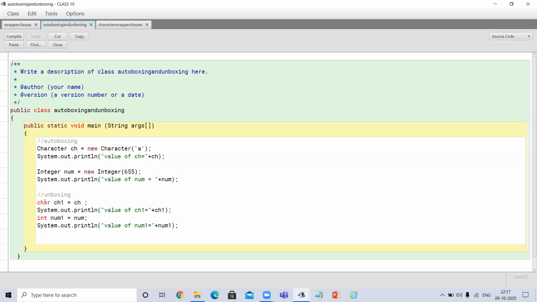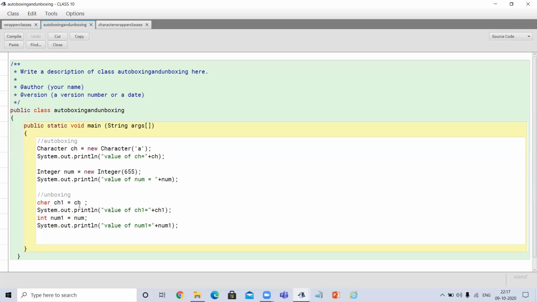In unboxing, what we will do is just the opposite. Here I am taking one primitive data type char and variable ch1. In ch1 it will store the value of ch. What is this ch? It is the object value.